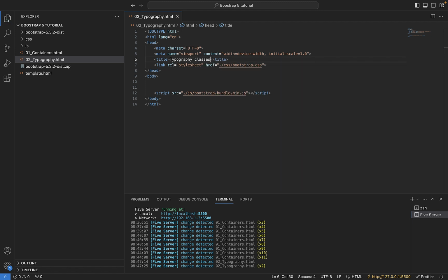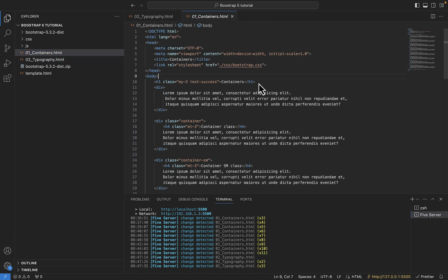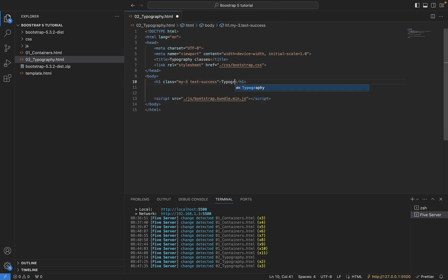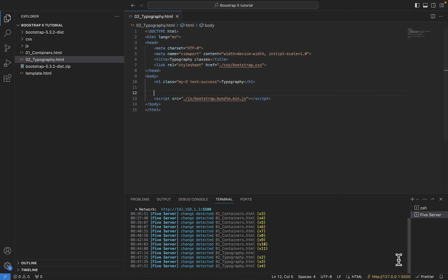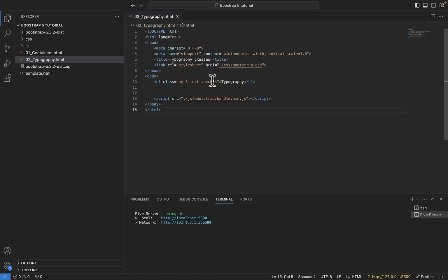classes. Like the containers, I'm going to ensure there is a heading which just says what we are actually doing, which is typography. And it's not doing much apart from, if we go to the browser, actually, let me stop this live server and go live again and see typography. Okay, so